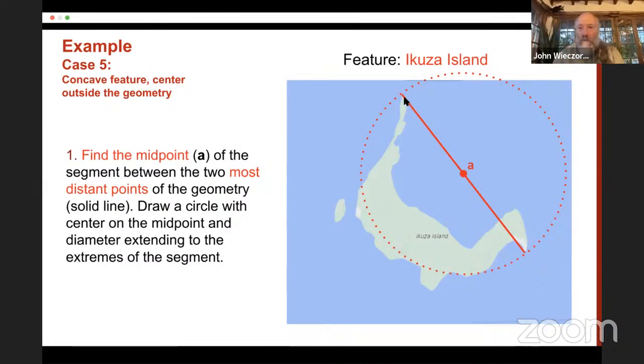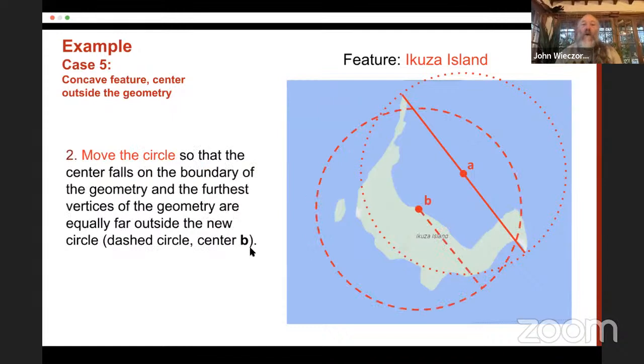Okay, so we've seen this. We've got a nice line segment. We've got a center that's not on our geometry. What do we do? We translate our circle, same size, but with a new center that tries to make these distances here